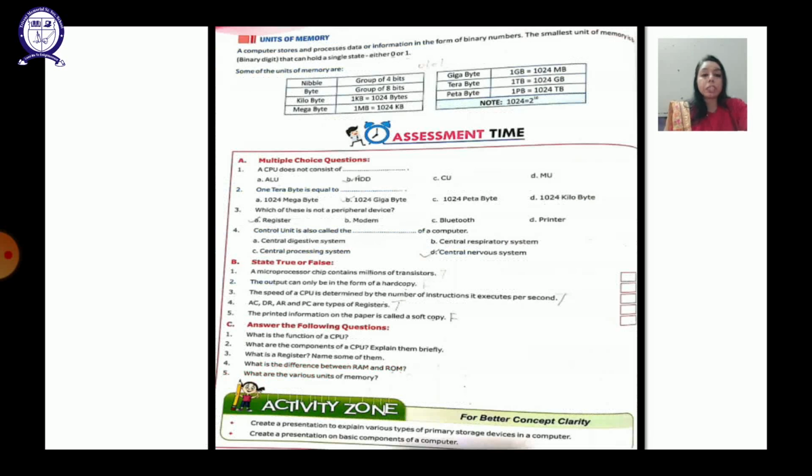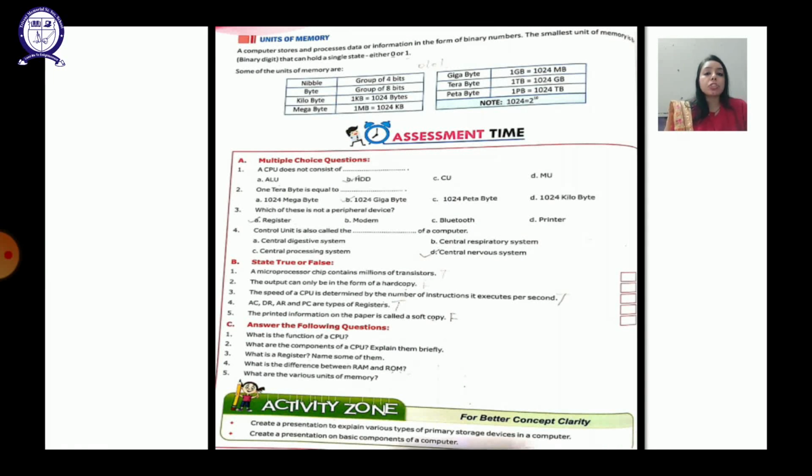Then we have the next question: what is the difference between RAM and ROM? So draw a line in between and give the heading, one side RAM, the other side ROM. First difference is the full form of both: random access memory and read-only memory. Second difference is, RAM is a volatile memory, ROM is a non-volatile memory. Third difference is that whatever content is written in RAM is lost when the power is off, but it is retained in ROM. In ROM, the data is stored permanently, whereas in RAM, the data is stored temporarily.